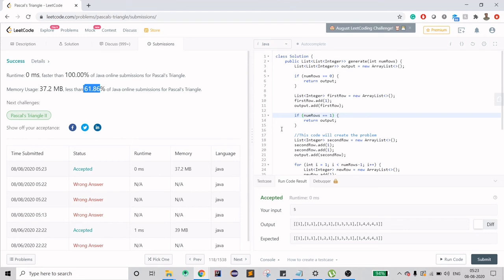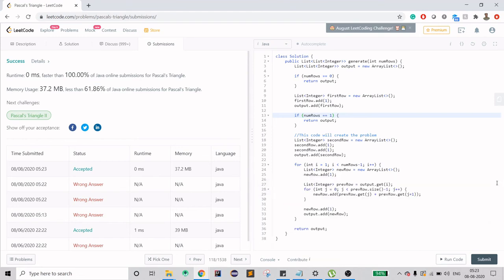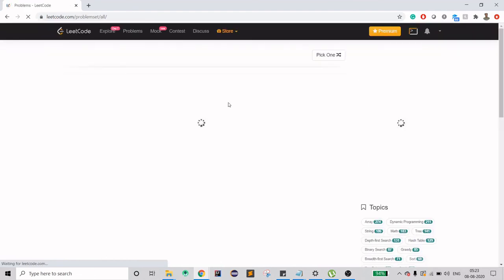So that was about this problem. Do let me know if you need any more simpler solutions for LeetCode problems. I am actively working on them right now, so I will get the practice out of it.